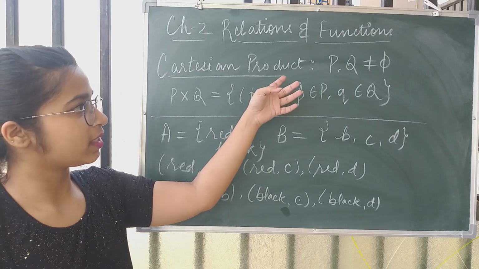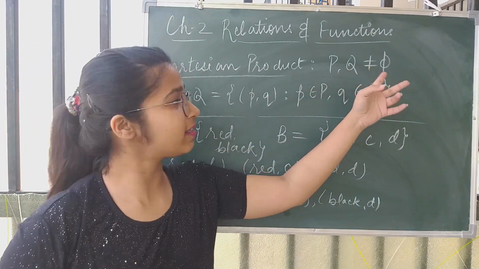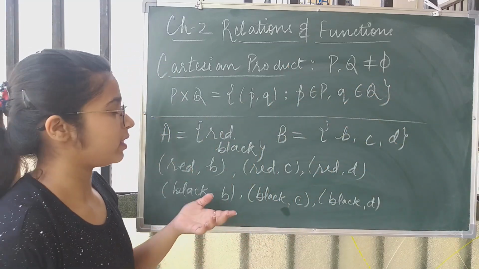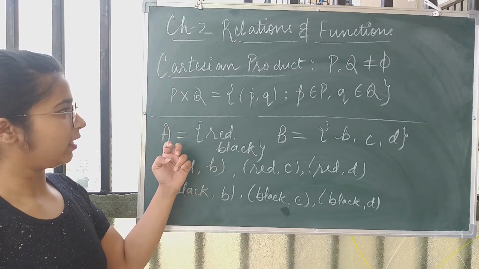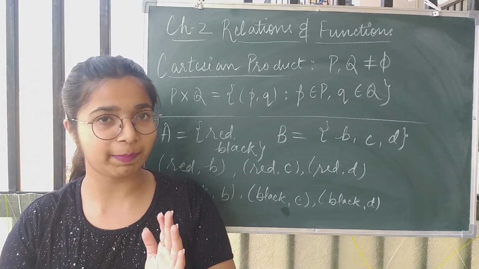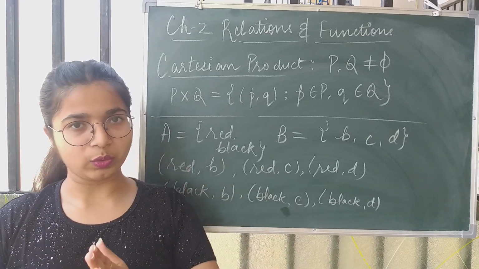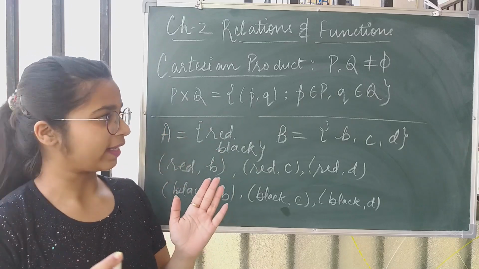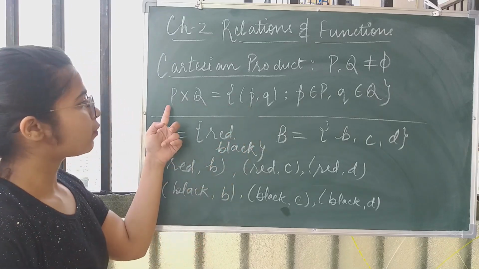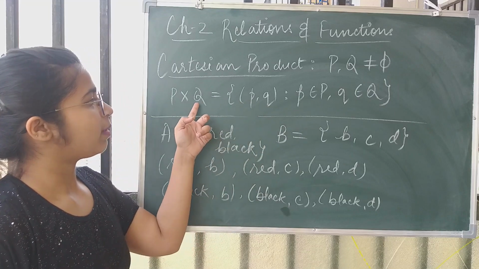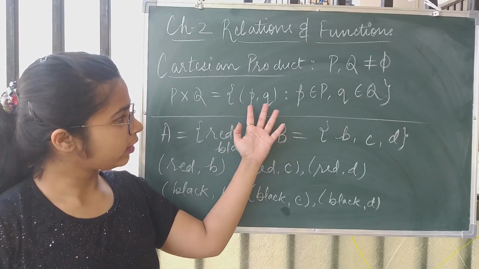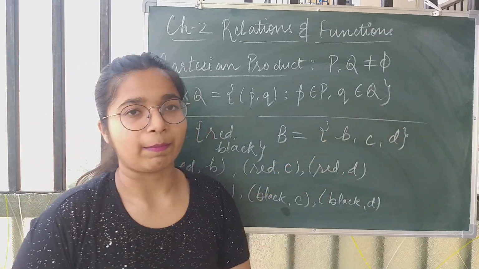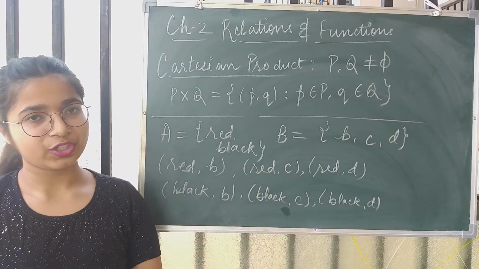A Cartesian product is a product in which there are two non-empty sets P and Q, which is not equal to the empty set. That means both the sets are non-empty. And then P cross Q is defined to be the set of all the ordered pairs of the elements from P and Q. What does an ordered pair mean? A form (p, q), which we put in round brackets, where the first element comes from the first set and the second element comes from the second set. So this is a set of all the ordered pairs (p, q) where p belongs to capital P and q belongs to capital Q. This is what we call a Cartesian product.